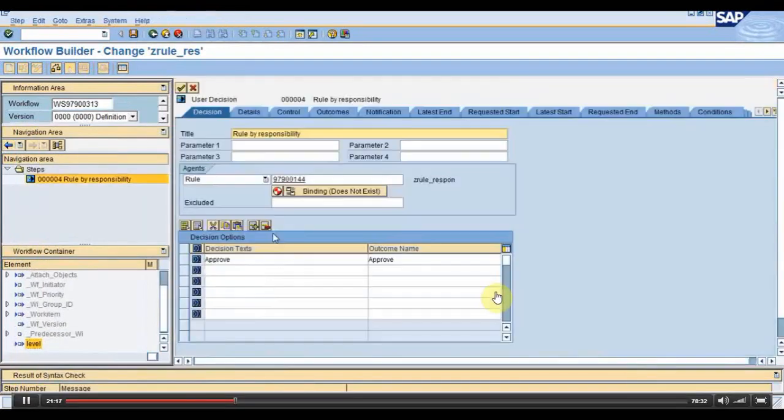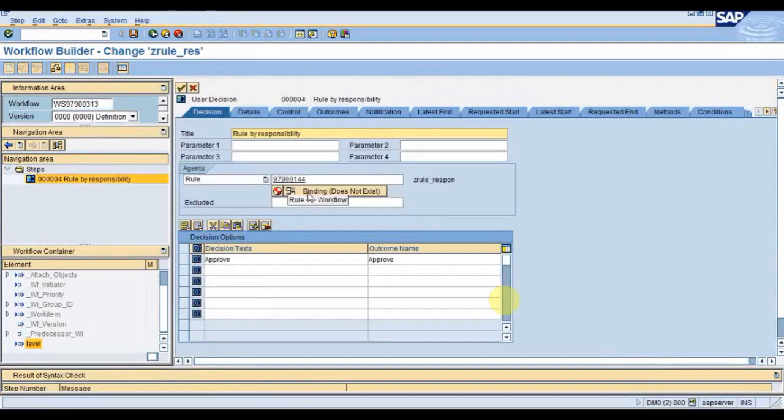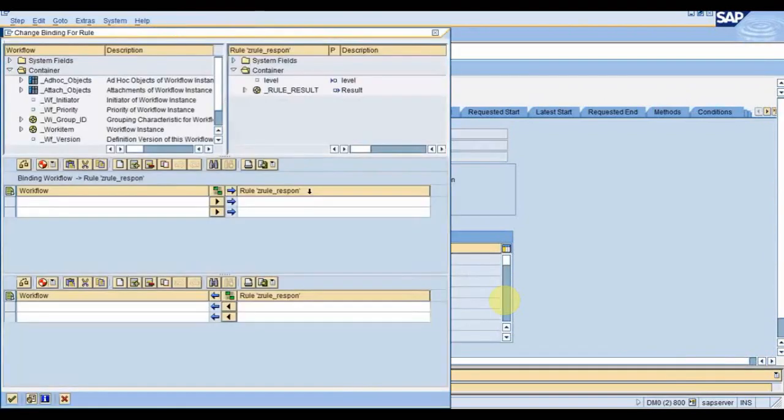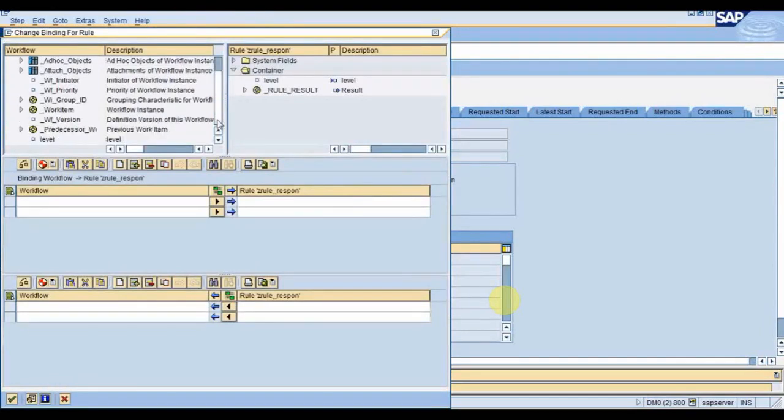Now I will do the binding in the rule. You can see here one binding button is there. Just click on that binding. What you have to do is pass this level from workflow to the rule. Just pass this. Click on enter.